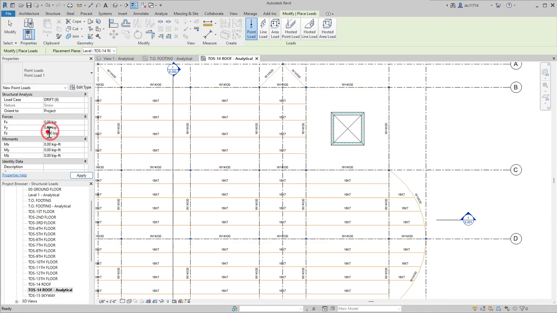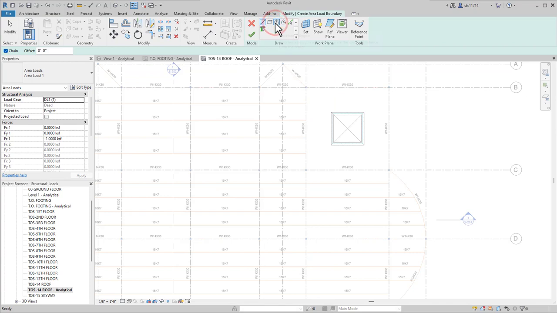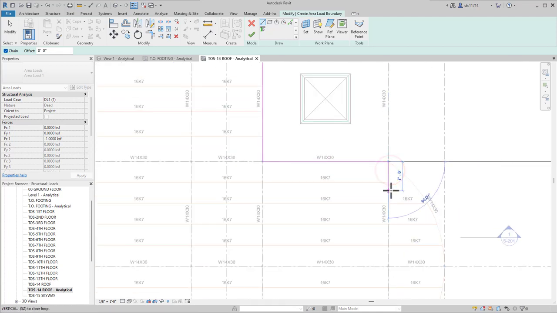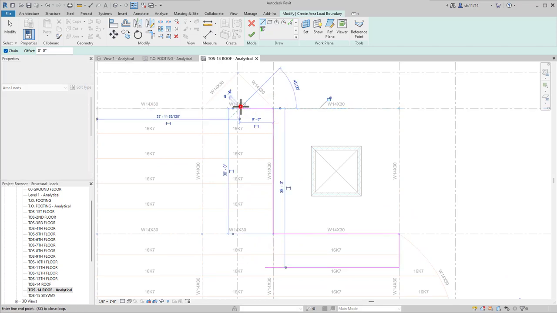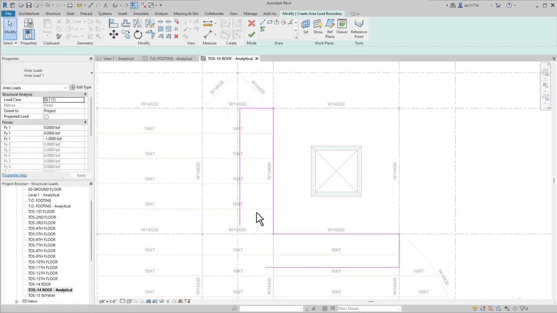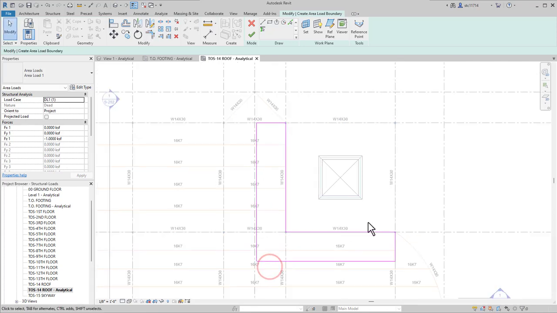We're going to adjust this to be -0.1, which would be saying 100 pounds of force. Then for the type of load, this is going to be an area load. I'll select that. Then I can sketch in the shape. So this is going to go around the side here. And then we're going to have it come out 8 feet. And then I'll come back and come out 8 feet here as well. And then I'll use my TR corner trim to put those back together.